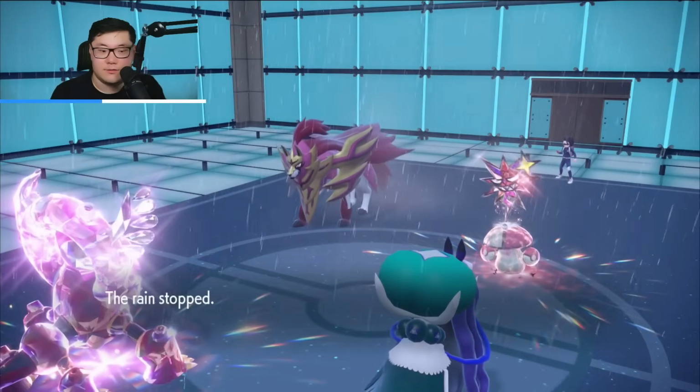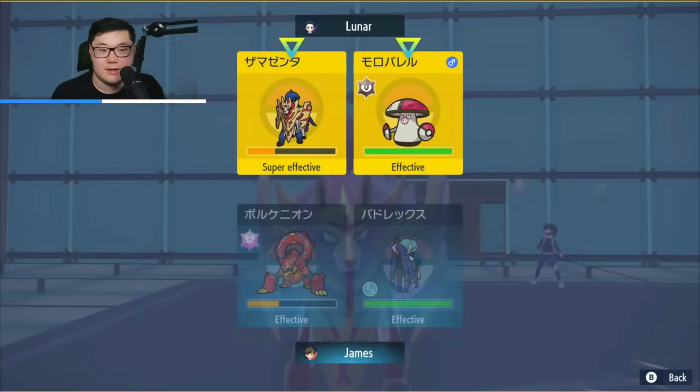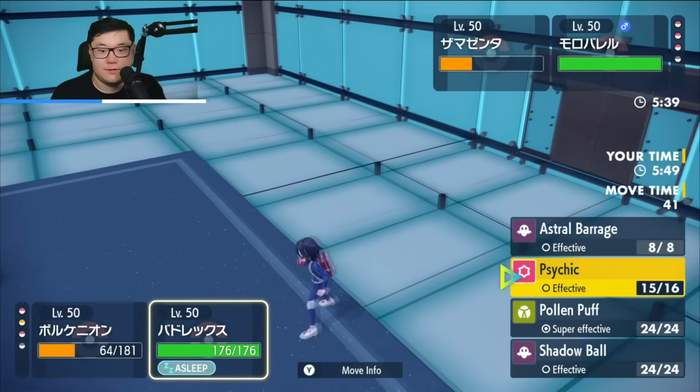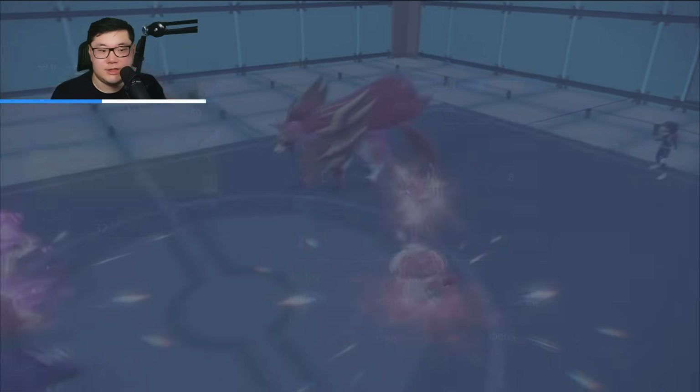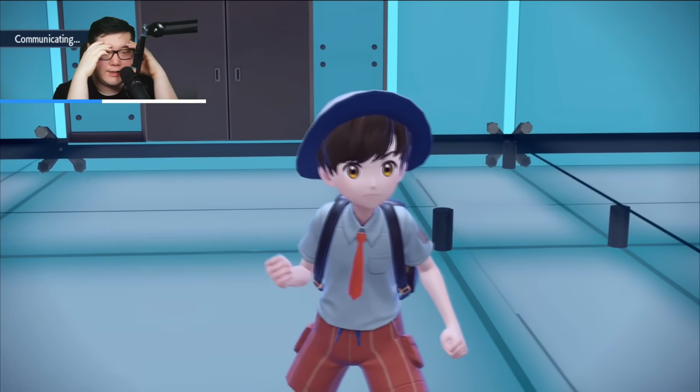Sun fades or rain fades, right? Yeah, so now I threaten the Heat Wave. So this is kind of an interesting spot, because if I get the Heat Wave off and I'm switching out in a Tatsu here, I should be fine, because if they try to Wide Guard,